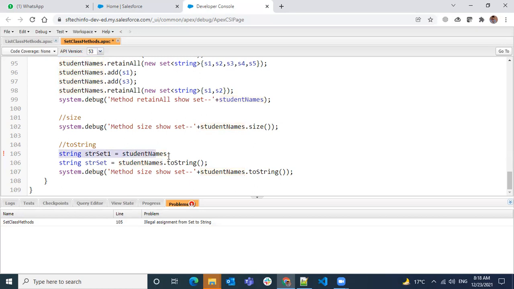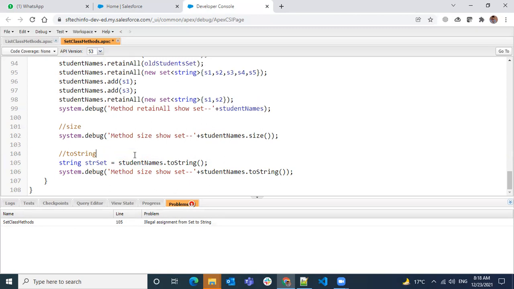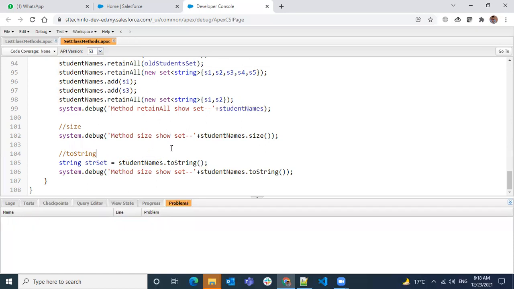That's what I was trying to explain here. So those are all the set collection methods. Any questions we have?